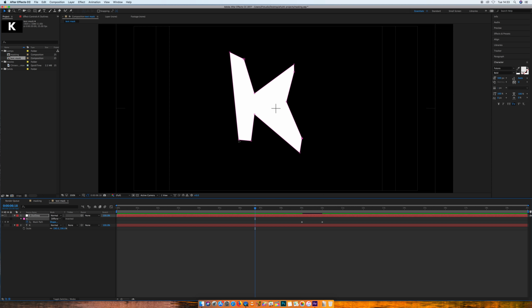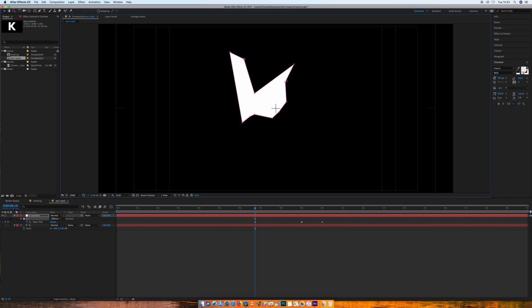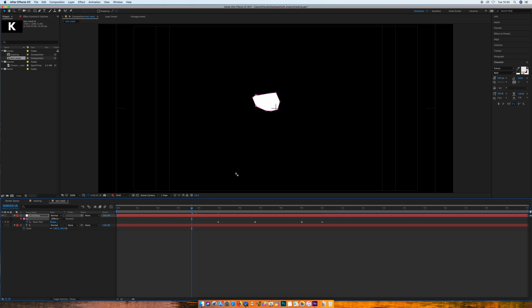So you can have it appear however you like. I'm just having it appear from a central point. Obviously the more keyframes you have, depending on what the font is and what letter you've got, it's going to be a bit more fiddly. But you can also zoom in, so you can use the magnify tool. You can just do Command plus to zoom in if that helps. So I'm just going to